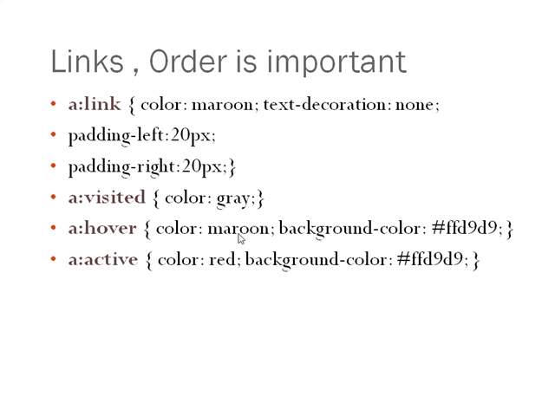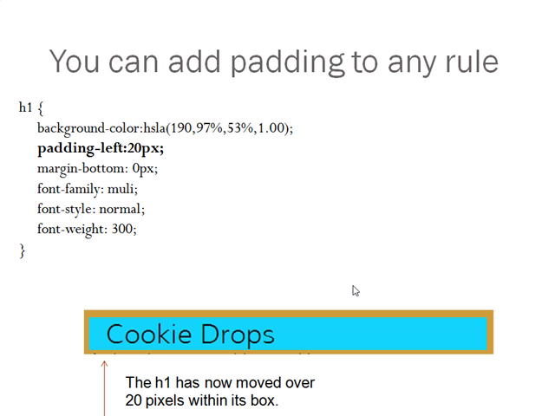For the hover state, I've actually put the color back to the same in this example. But now I've added a background color. And then in the active state, I've overridden the original color to make it red, and I've put in a background color as well. Okay. I will jump over to Dreamweaver and demonstrate this, but just to continue,